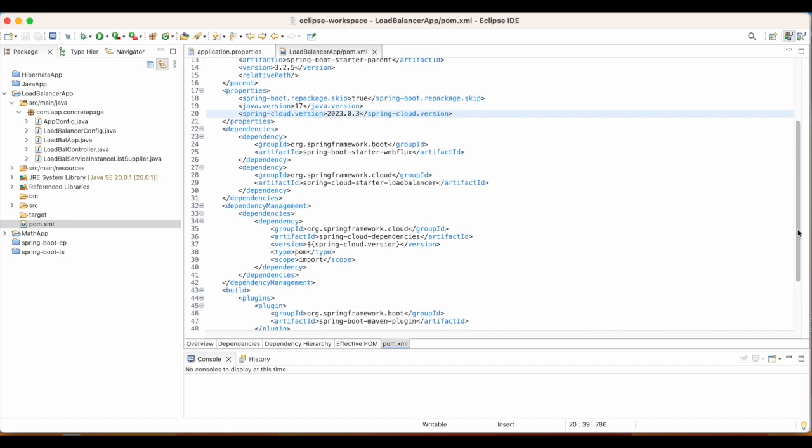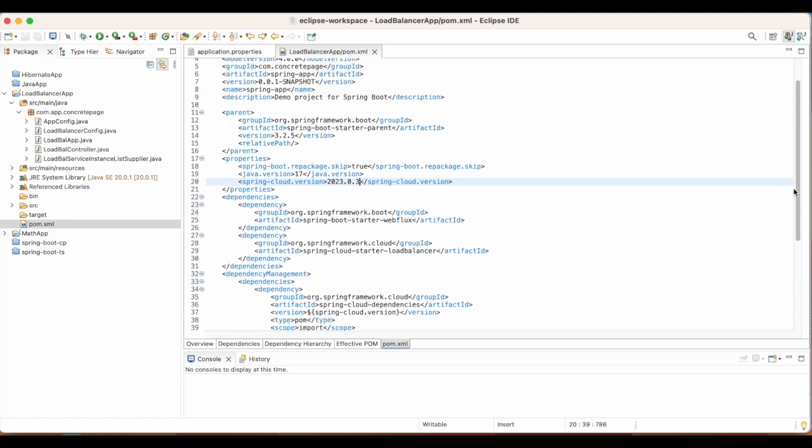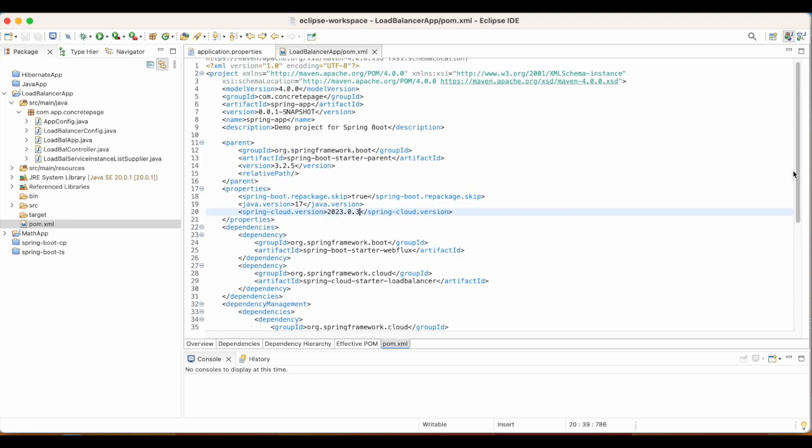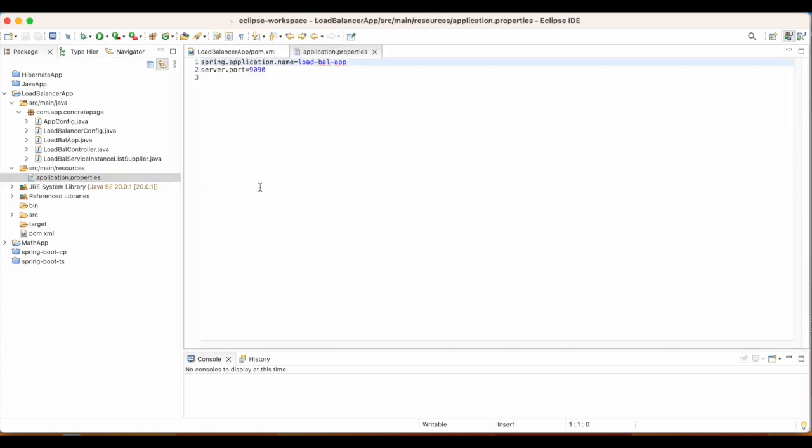So I'm using cloud version 2023.0.3 and Spring Boot starter 3.2.5. Look into the property file. When we start this application, it will be started on port 9090.